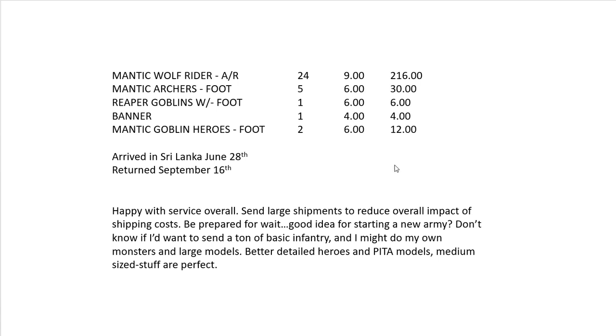It's got a lot of wash and stuff on it to make it look like it's all Ripley, but it says arrived in Sri Lanka. I don't remember the exact, actually I thought that was the date I sent it out, but either way, you know, it took a couple weeks for the package to get there. It took them maybe 2 months